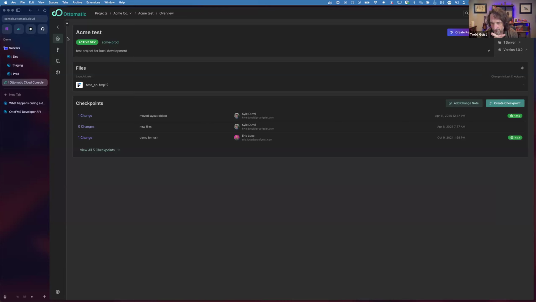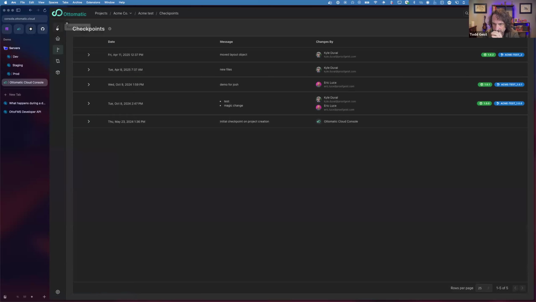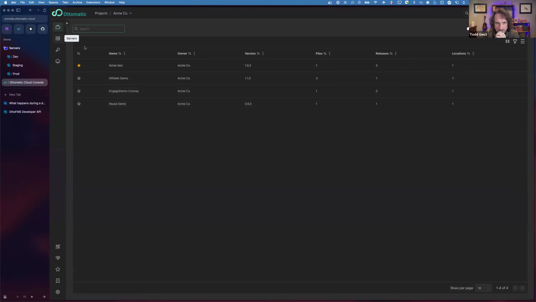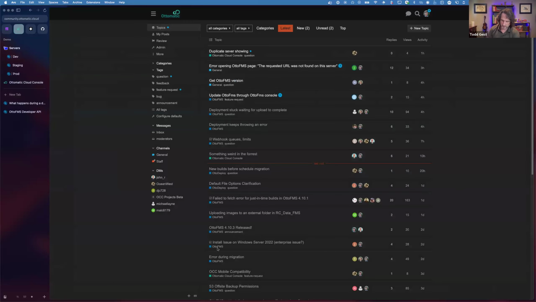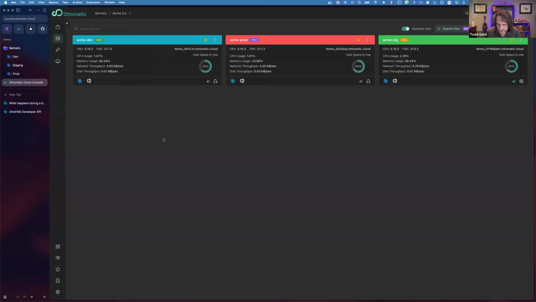So that is the Automatic platform. Pretty much everything that we've seen here, except the stuff that I've called out, is all free. It's all available for you to use, and you don't need to pay us anything. If you want support, we have support contracts available. Otherwise, all help is through the community. You can ask for help and questions, and usually we answer them within some period of time. If you have a need for professional support contracts, those are available. So let me stop there and ask questions, comments.